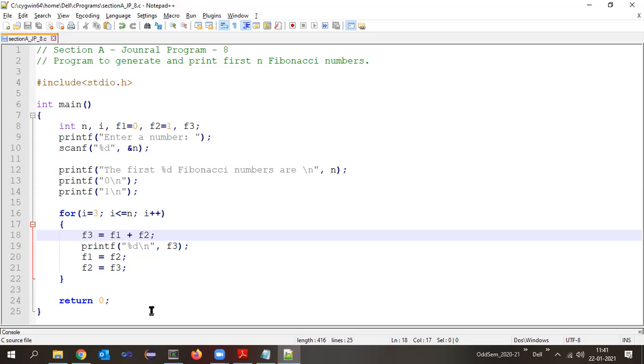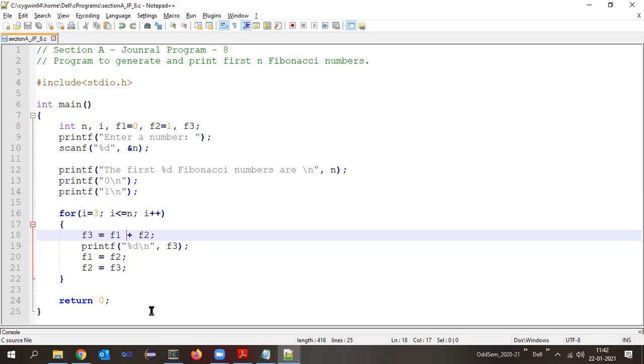On the right side here, draw a line, and in that portion you are going to write the print statements. So first time when you print, what number gets printed? Next time when the print statement executed, what gets printed? Those numbers you are going to write as the Fibonacci numbers. So just draw a line and then keep writing the numbers like that.